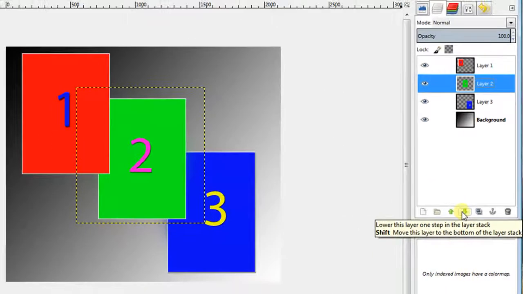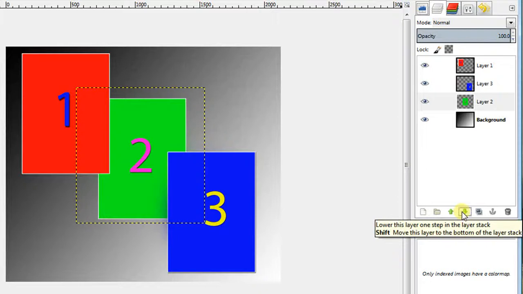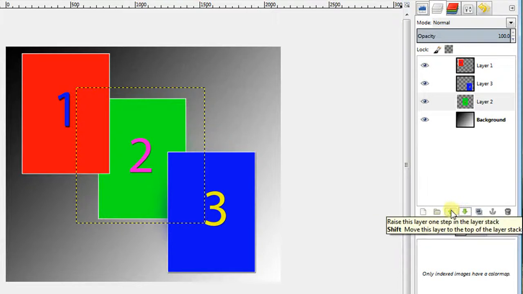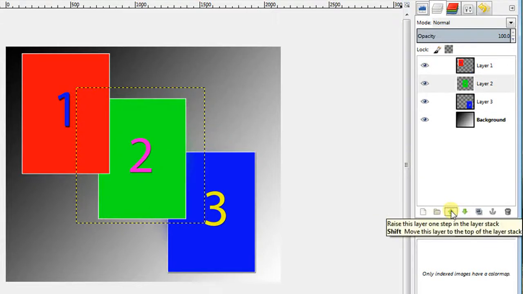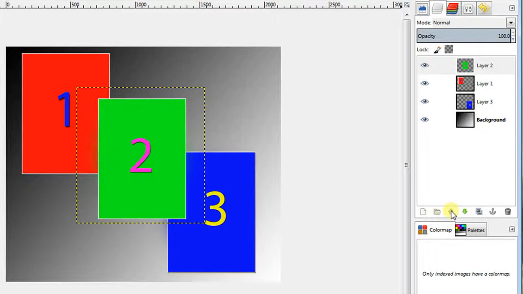So if I lower it down, you will see that it now is behind both the 1 and the 3. If I raise it back up to its original position and then raise it again, you will see that it overlaps the 1. It is now the top of the pile, and that is reflected back over here in the layer stack. So any of those layers can be moved from position to position. Just make sure that the one you're using is actually highlighted,